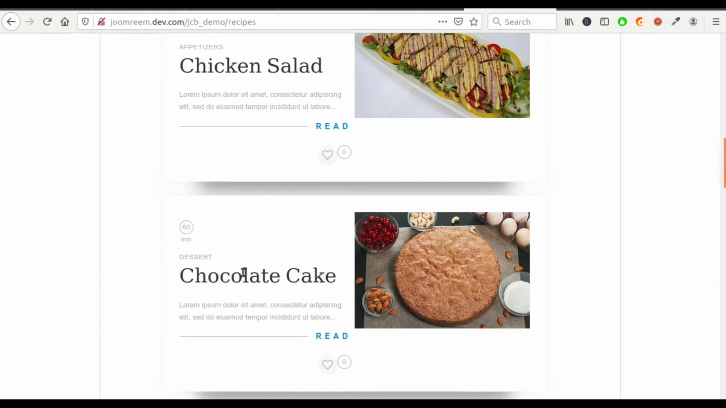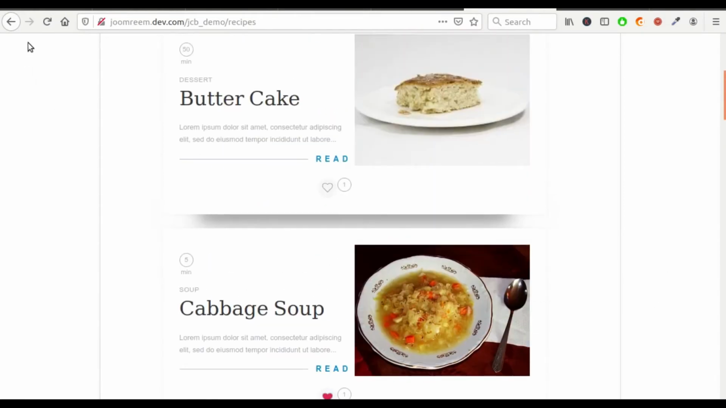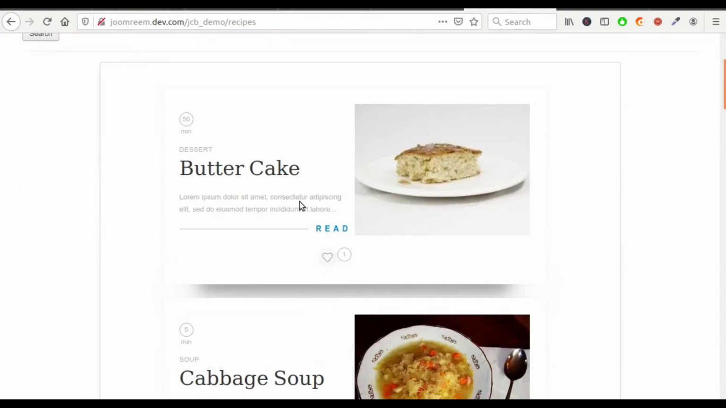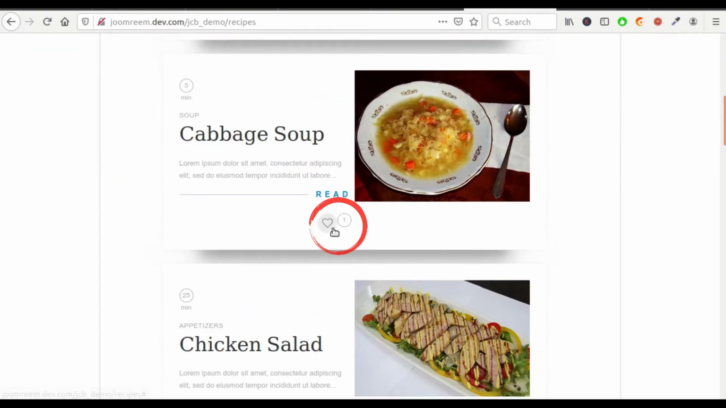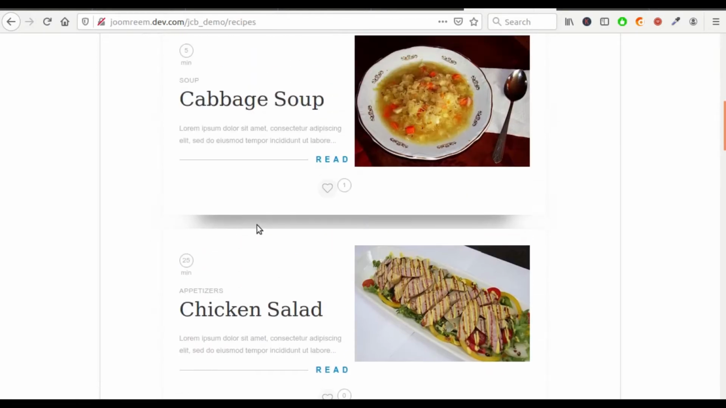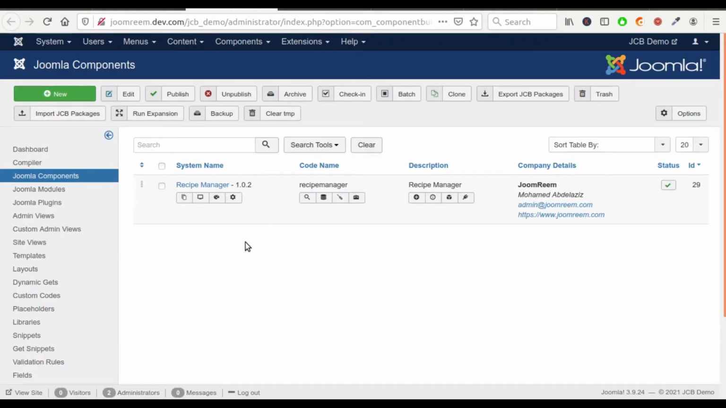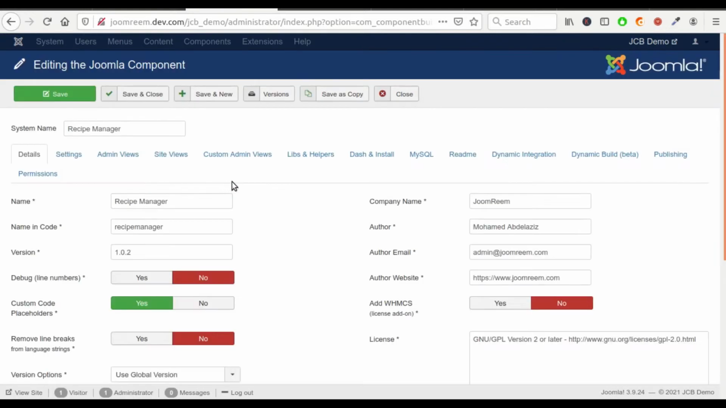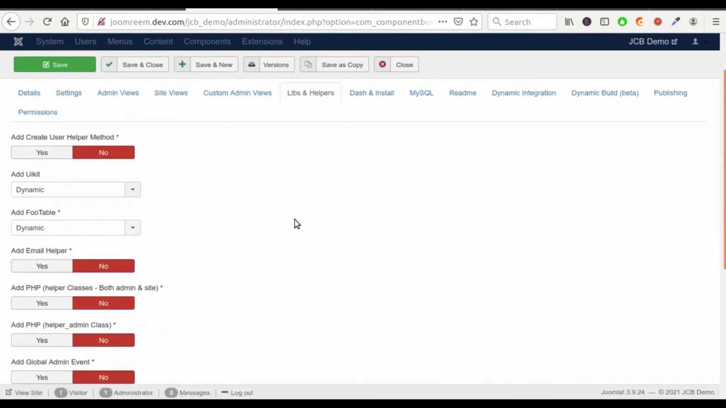Let's go directly to the first part to explain the problem we are going to solve. As you can see here, the user is logged in, but he can't distinguish which recipes are added to his favorites list because all the icons are white, while the favorite recipes icon should have a red color. Edit the component, go to the Labs and Helpers tab,